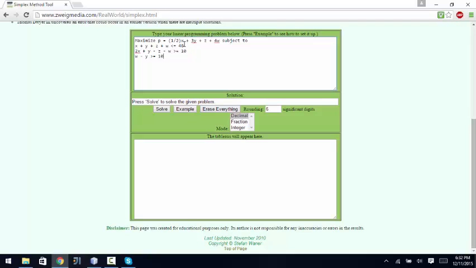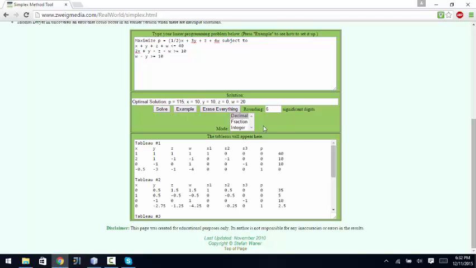Maximize p equal to half x plus 3y plus z plus 4w, subject to x plus y plus z plus w is less than or equal to 40. Another constraint: 2x plus y minus z minus w is greater than or equal to 10. w minus y is greater than or equal to 10. Okay, let's solve it. After clicking the solve button,